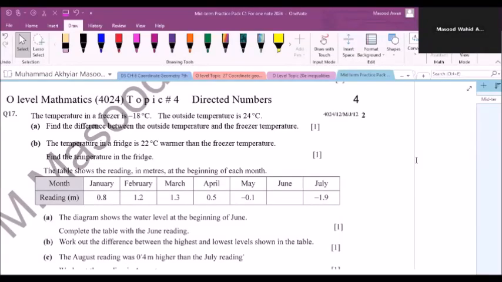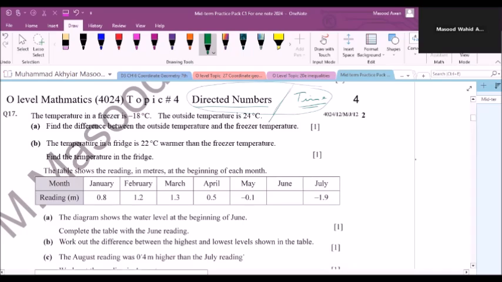Bismillahirrahmanirrahim. Students, this video is related to directed numbers and time. The difference between the times and the other. These two topics are quite similar, so we discuss these two together. First of all,